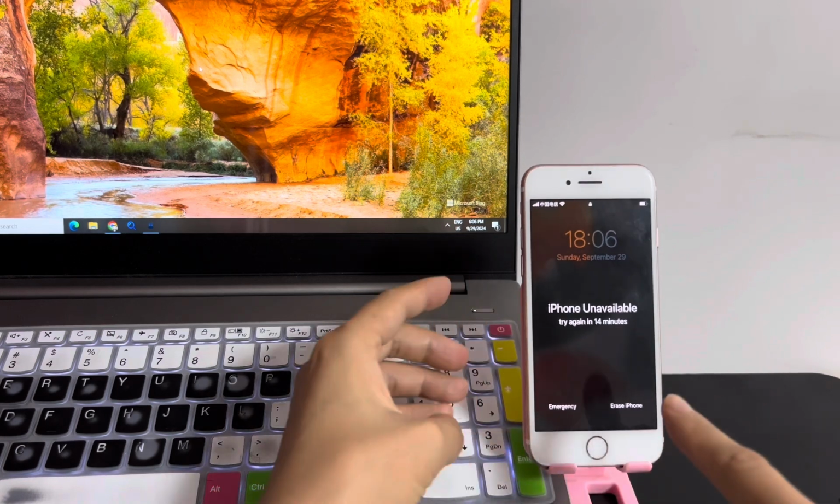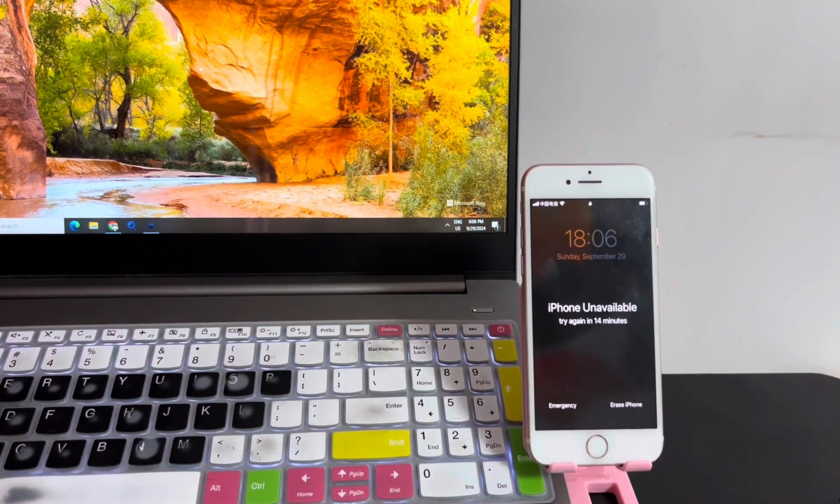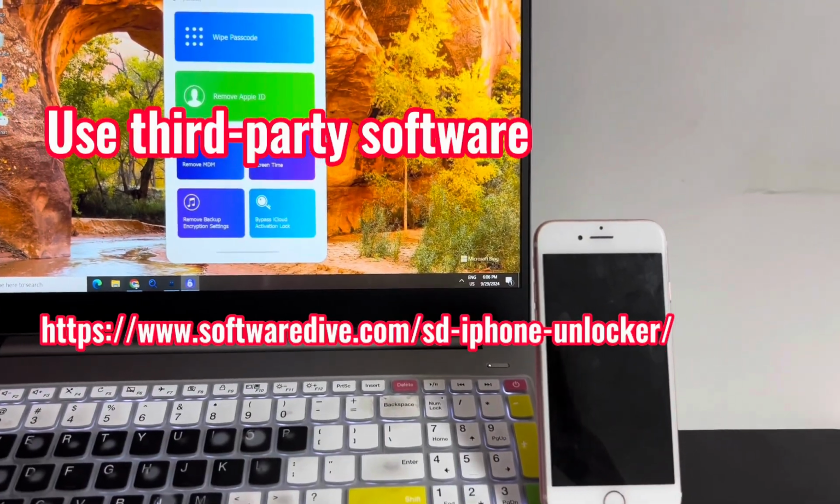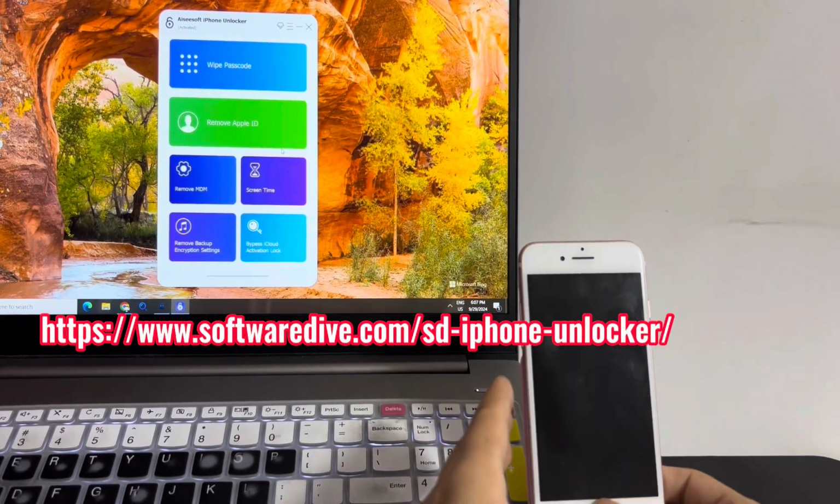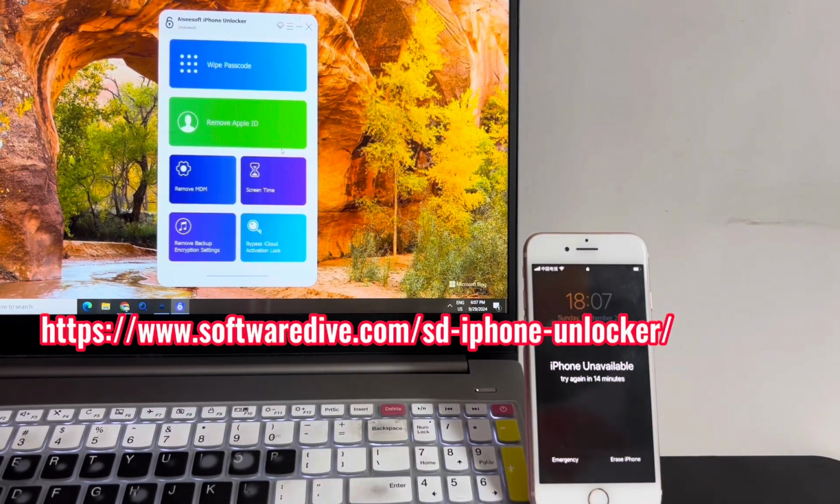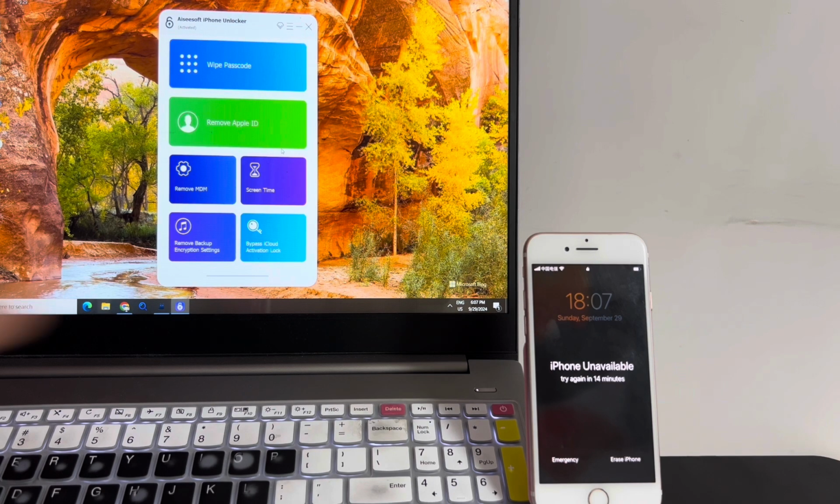If both solutions are not viable options, you can always settle for the third-party software solution. Download and install the software from the links below in the description. Launch it. Firstly, you still need to put your iPhone into recovery mode while connecting it to your computer, like